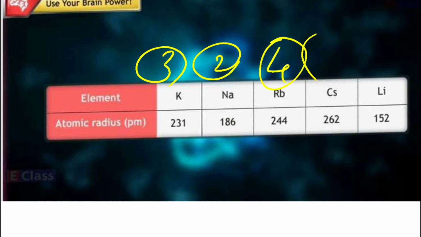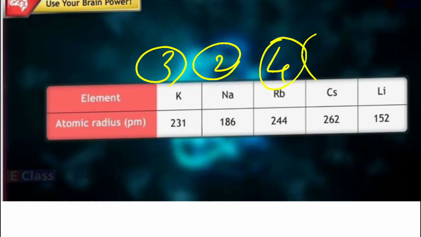So we have these elements here, correct? So this is the ascending order. If you are asked to write down in ascending order, this is how you will write it. So who is having the smallest atomic radius? It's lithium. And who is having the largest atomic radius? It is the CS, scandium.